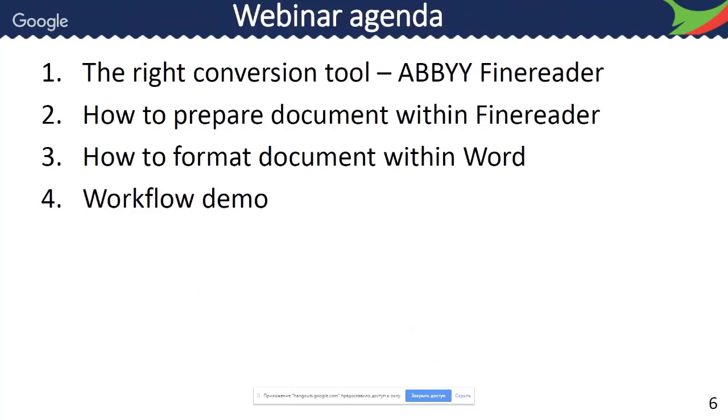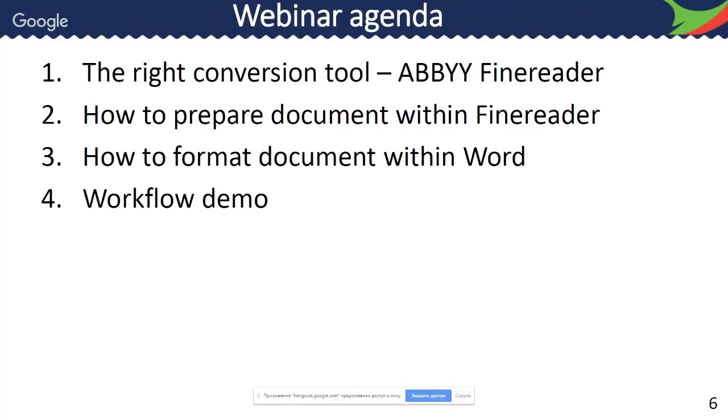Now, I will tell you how to avoid these three mistakes, and I will share the recommended workflow for converting PDF documents or scanned images to Microsoft Word format. First, we will discuss why I recommend ABBYY FineReader for this work. Then we will discuss how to configure ABBYY FineReader for best conversion results, how to mark content using FineReader recognition area tools, and other things you should pay attention to before you save the results to a Word document.